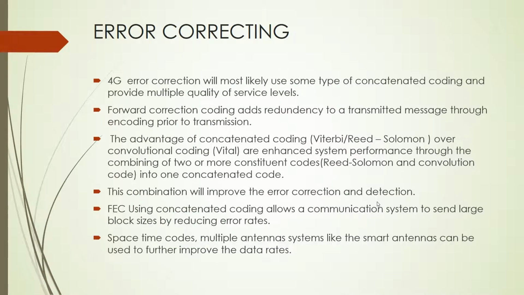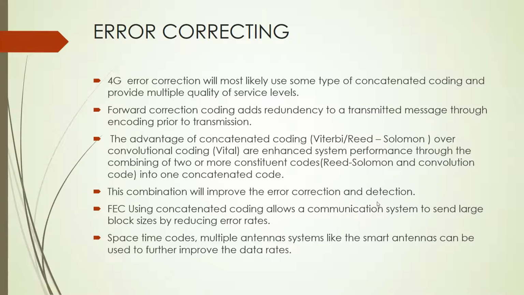Error correcting. 4G error correcting will most likely use some type of concatenated coding and provide multiple quality of service levels. Forward error correction coding adds redundancy to a transmitted message through encoding prior to transmission. The advantages of concatenated coding, which is also known as